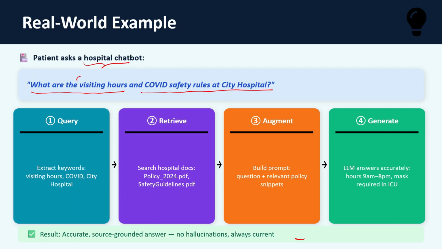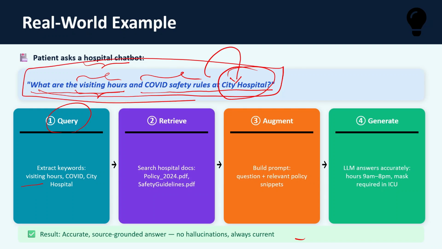So now this information is specifically related to a particular hospital, which is City Hospital, right? This information may not be available in the public domain, and may not be accurate. But if this hospital has an integration of the chatbot with the real-time data, or the current data which is in the hospital database,